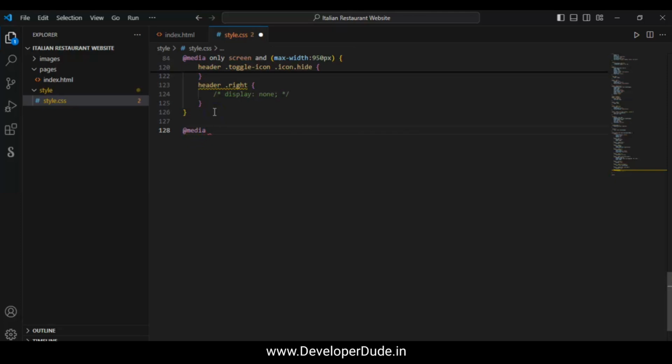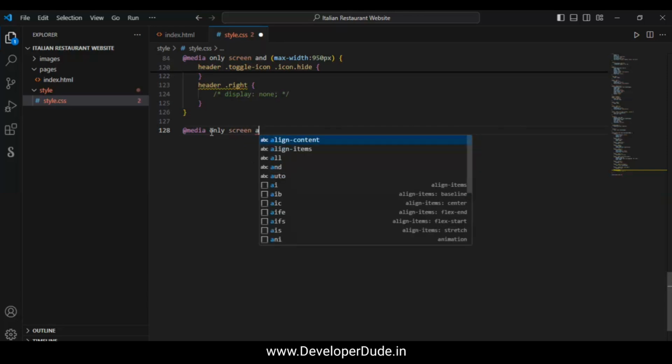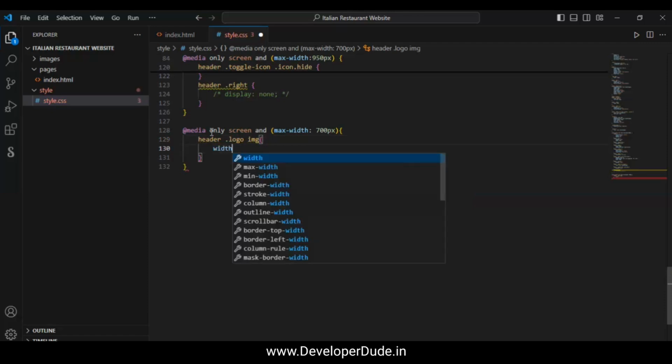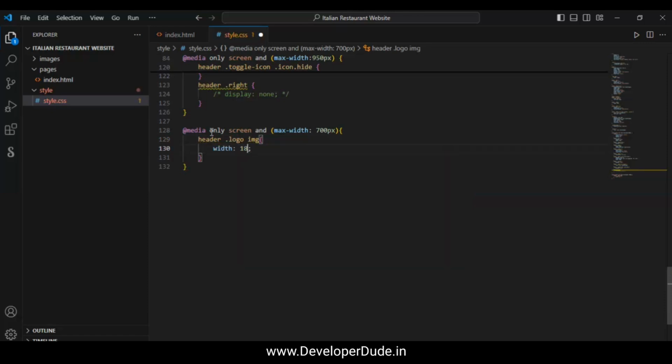@media only screen. Let's target the header logo image element. Width of the logo, change it from 200 to 180 pixel. Okay,